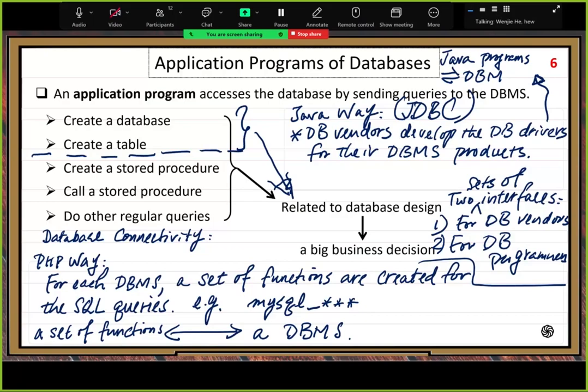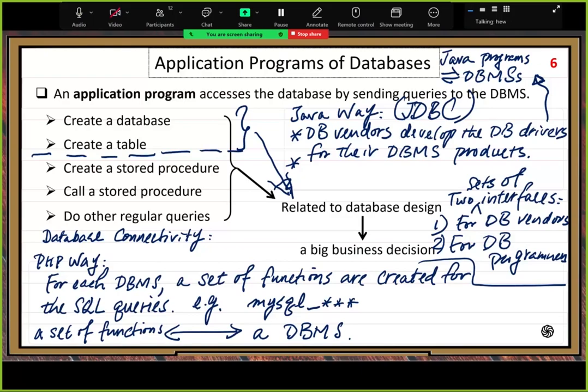All the classes doing the communication are in that Java library. Then we, as Java programmers, use the second set of interfaces to write